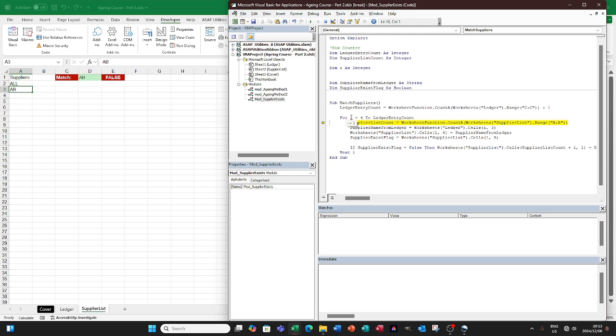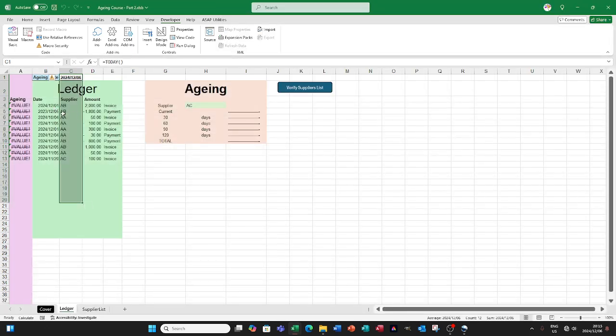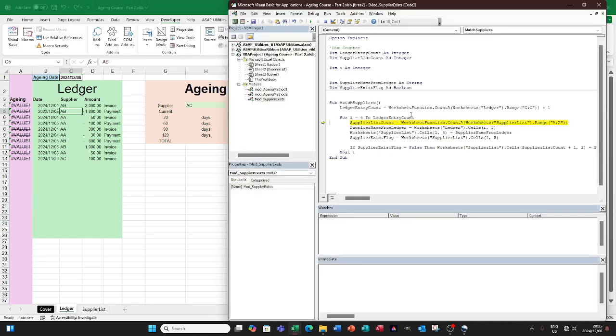So it's going to go to the ledger entry 5. You can see these are showing values because remember we disabled automatic calculation. Once we step through this, I'll re-enable it and then everything should work again. Okay, so